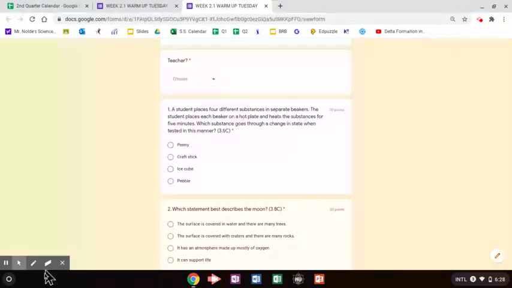So a couple things happening here. We have 4 different substances. We don't know what they are, so we have some mystery items here. She puts them on a hot plate and adds heat. So remember, when you're looking at states of matter, often when you add heat, certain states of matter will change, or certain substances will change state. So that's what they're asking for here, is which of these substances would change state if we applied heat from